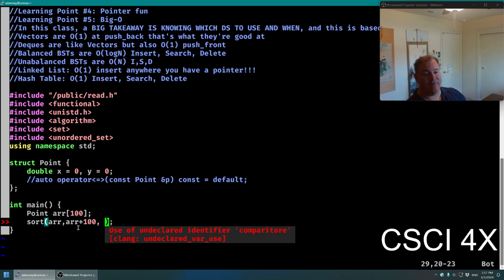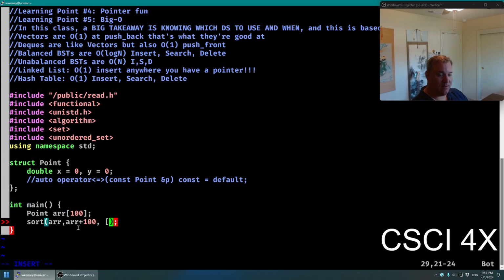If you are only going to use that function once, we can use a lambda right here. This syntax right here, the square brackets, smooth brackets, and curly brackets, is the sign that we are making a lambda function. A lambda function is a function that has no name, but it can still be passed as a third parameter into the sort function here. We're actually going to write a brand new function and pass that brand new function in to sort, then it goes away. And we don't have to pollute the global namespace as a result.